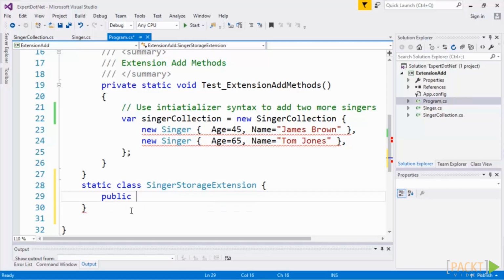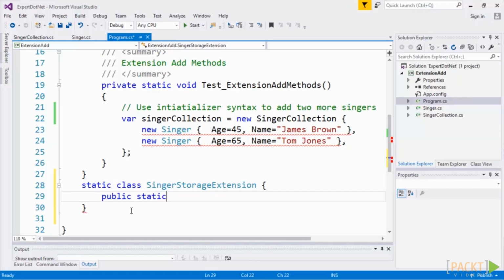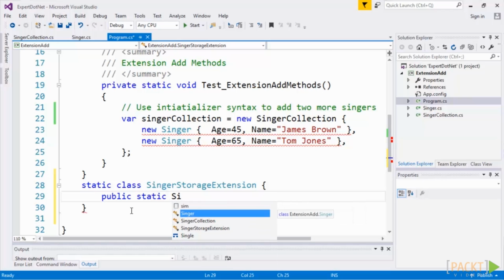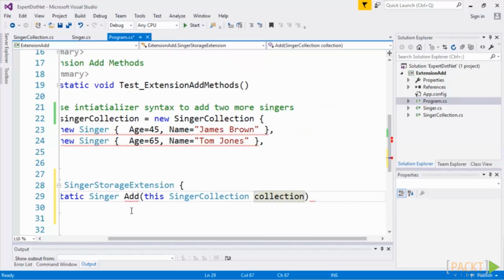And we'll have a public static singer, and here's where we use add. And then when we're dealing with extension methods, we use the keyword this, and we'll specify singer collection and add